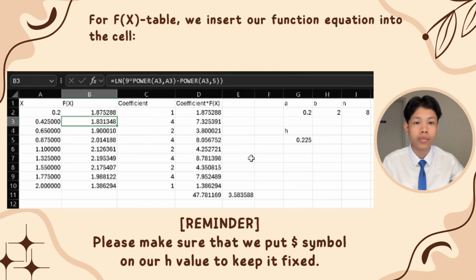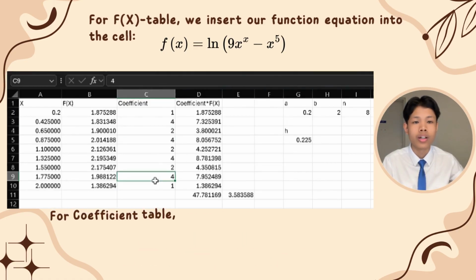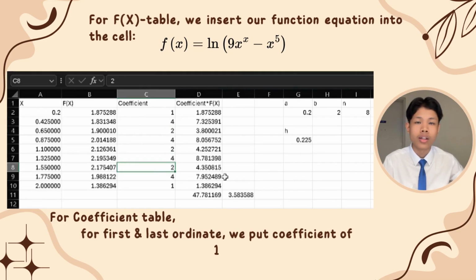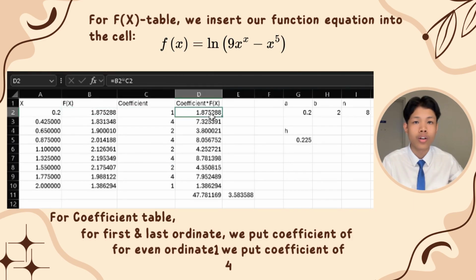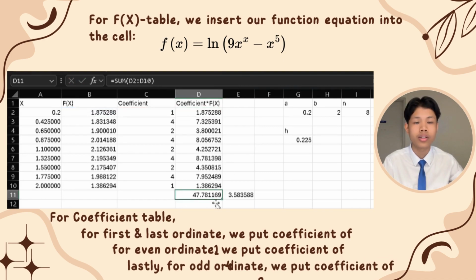For coefficient tables, for the first and last ordinates, we put the coefficient of 1. For even ordinates, we just put coefficient of 4. And lastly, for the odd ordinates, we put coefficient of 2. Next, coefficient multiplied with fx table, we just need to multiply fx values with coefficient values, and we get the coefficient multiplied with fx values, and we sum it and got